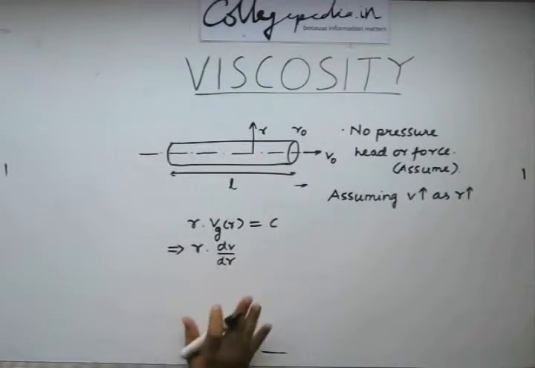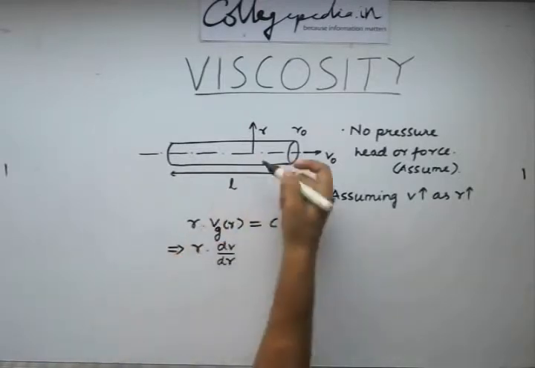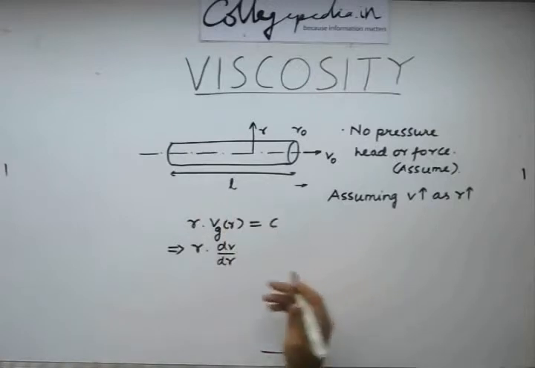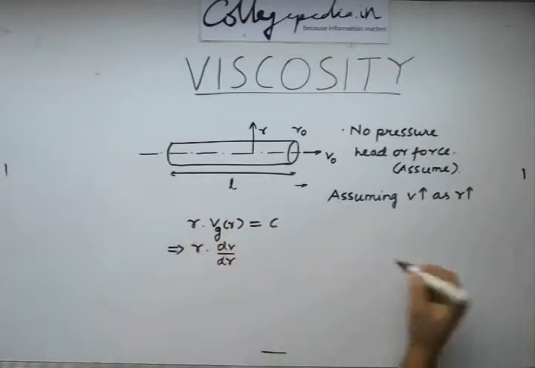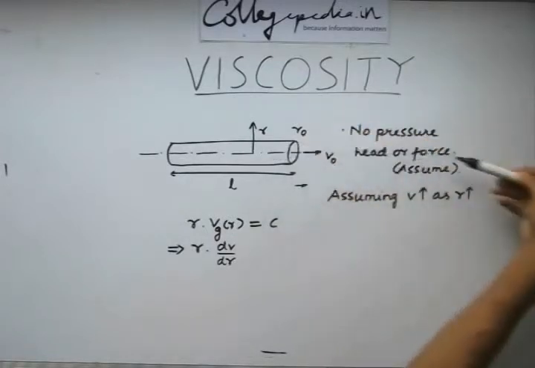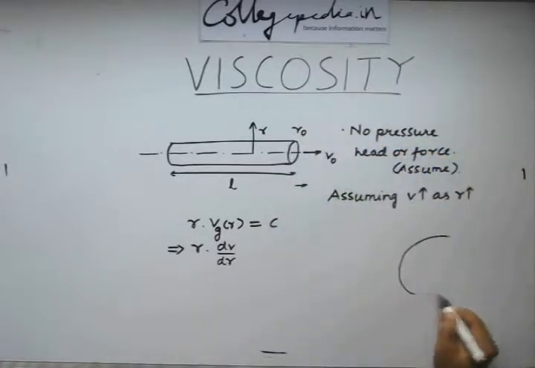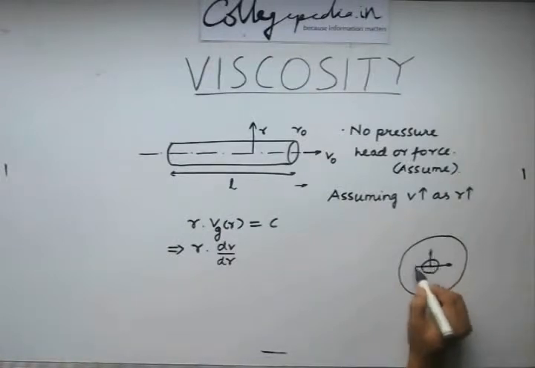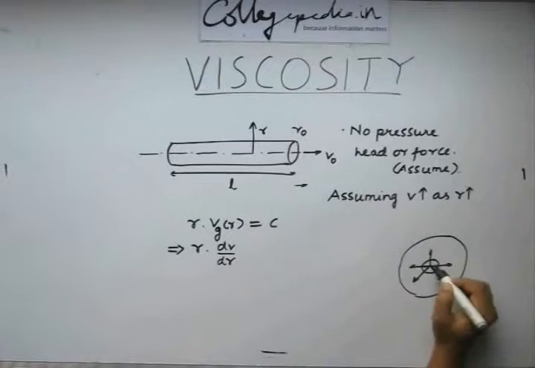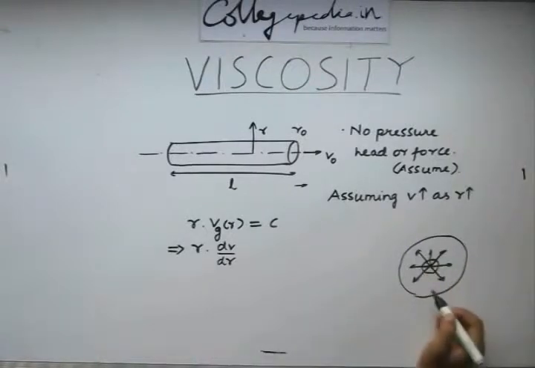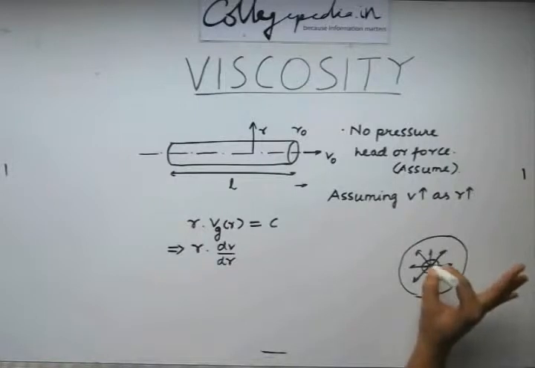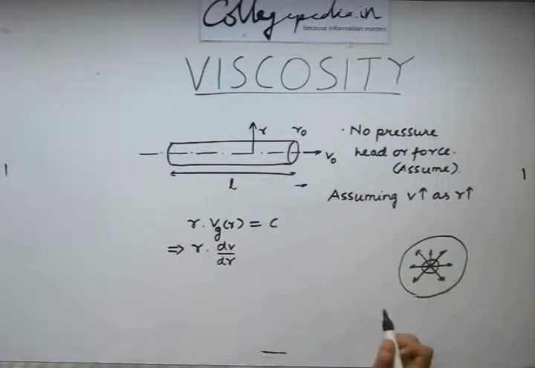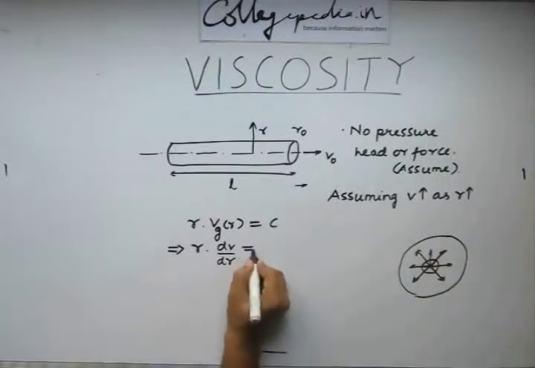Because it is symmetrical from all sides, we do not need to bother in some other direction what would the variation of R or V be. Because if you look at a top view, let's say I'm looking at this pipe from this side, I'm going to see the pipe's cross section and through it the incoming cylinder. So R is basically in any of these directions. So it really does not matter what direction I am considering, because ultimately my velocity is in this direction, just coming out of the plane of the paper. So this quantity is constant.